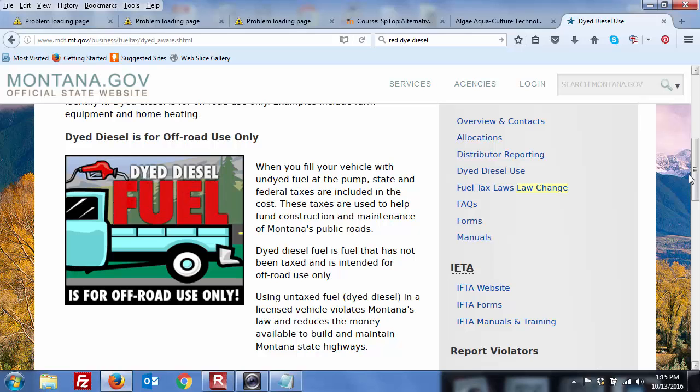Interesting. Okay, so I guess it's a little counterintuitive to me. I'm just wondering why, hey, I made my own red dye diesel, and I'm just going to volunteer some taxes so that I can use the roads. I see the point, that I don't want you using Montana roads to drive on with untaxed fuel, but on the other hand,